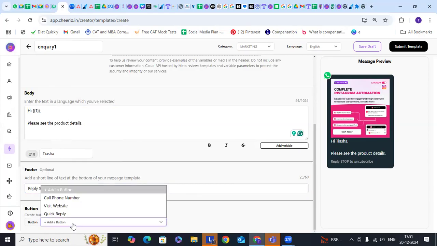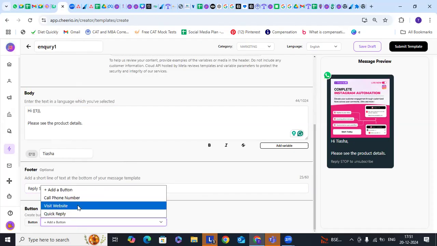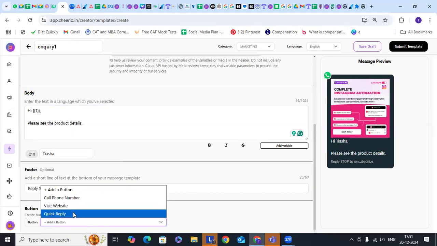If you want to add a button, please choose and add a button. The button can be three types. If you want to add a phone number, you can choose. If you want to put a link, any link, it can be a form link, it can be a website link or anything. And if you want to put a quick reply, it means when the customers want to say something, that will help them to initiate the conversations. It encourages the customers' interactions more, and it is advisable to use quick reply for each template. One thing. Second thing, quick reply will help you to discuss with the customers or take the informations, trigger a workflow from there.